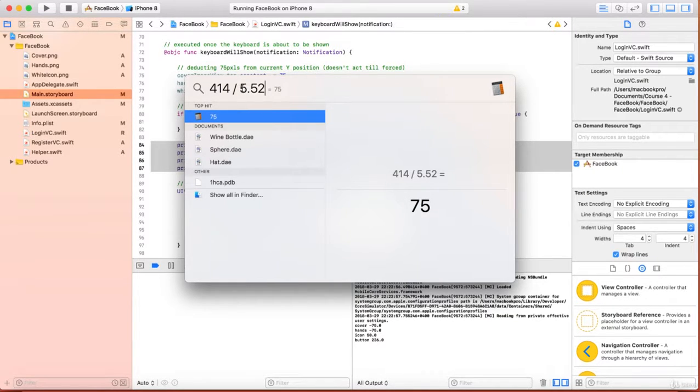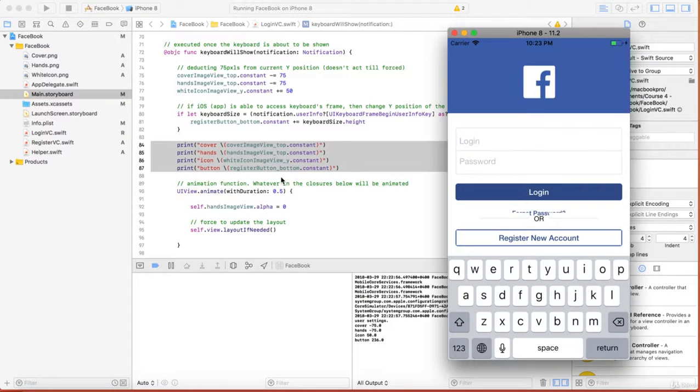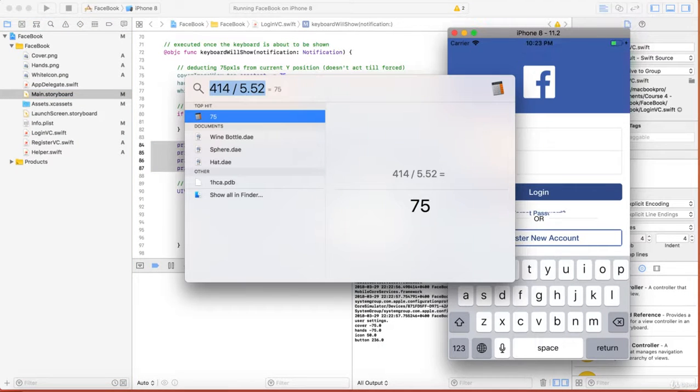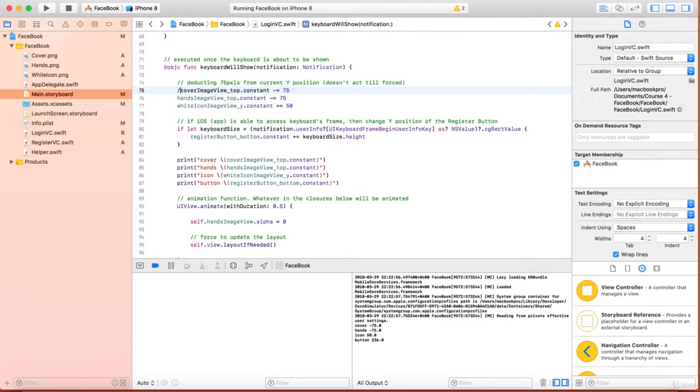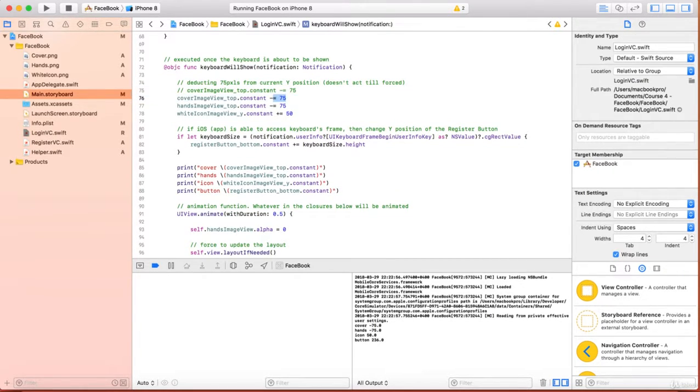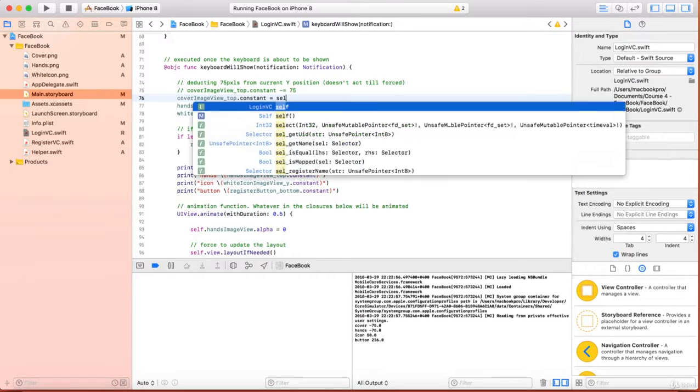So then when we divide by 5.52, we'll get the 75. And for the larger screen, where the width will be, let's say, 500, it will be adjusted automatically. So this is how it works, guys. So here I will just comment it out. I will comment it out. And here I will declare a constant that will be equal to